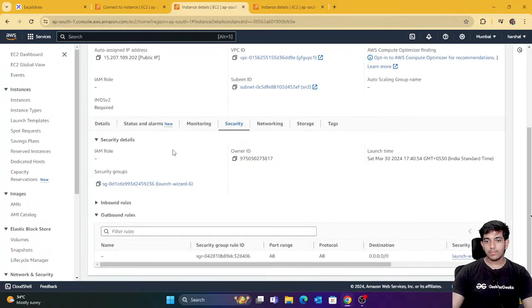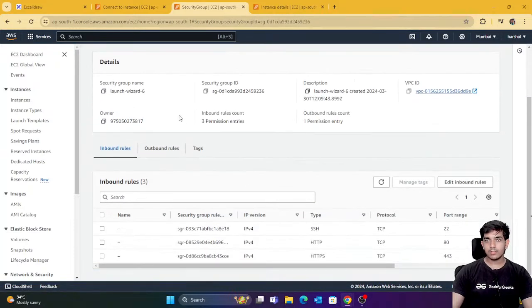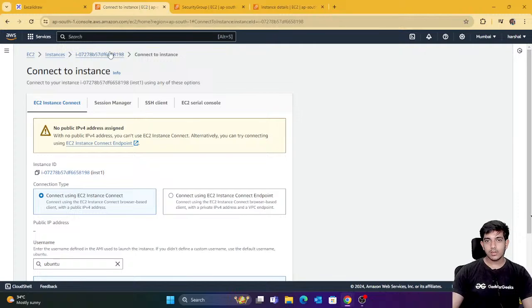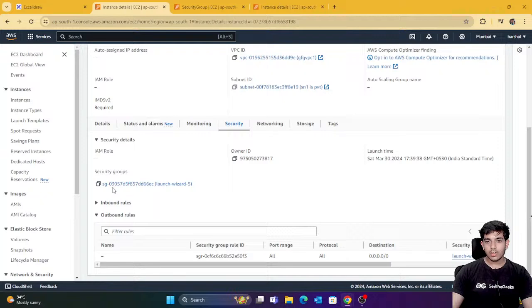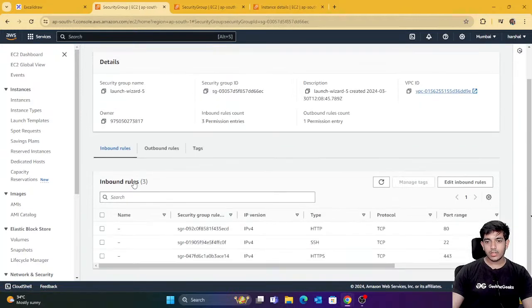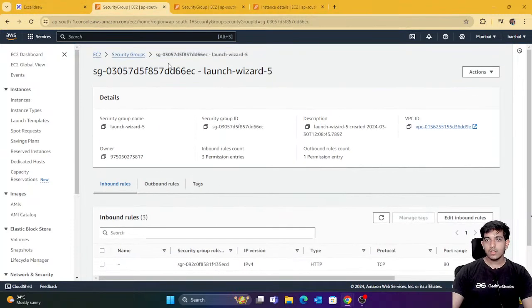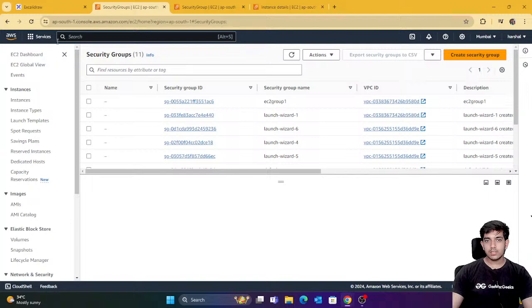If I go to security and inbound rules, the security rules are perfect. Similarly, instance number 1 also has the rules. Now if I go back to the instances,